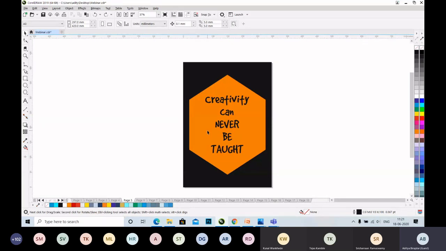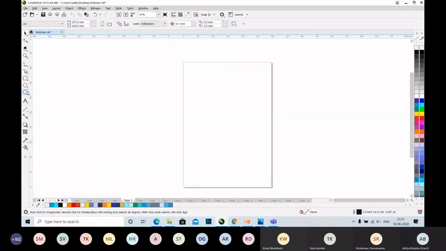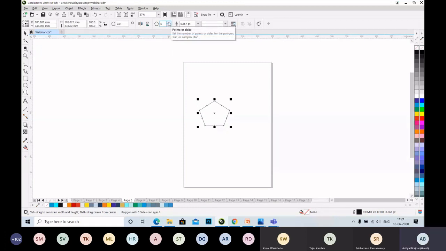Let's take one more example over here and create some honeybee structured background. I have explained you various shape tools over here. Let's take polygon tool and interactive fountain fill tool just to make some background. To increase the size, just click over here. Fill in the color orange.